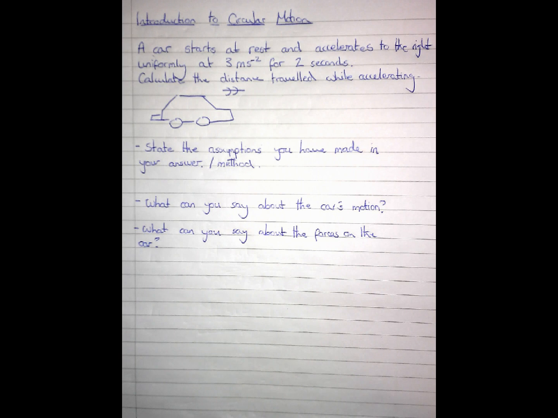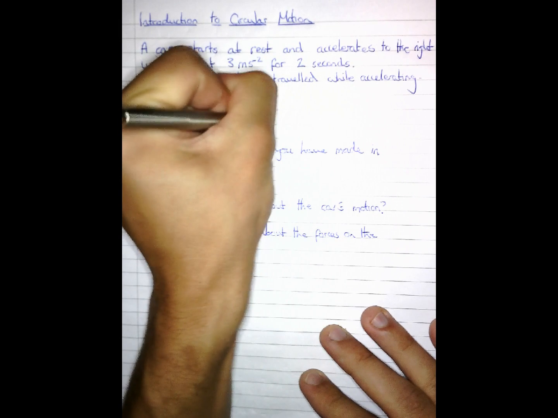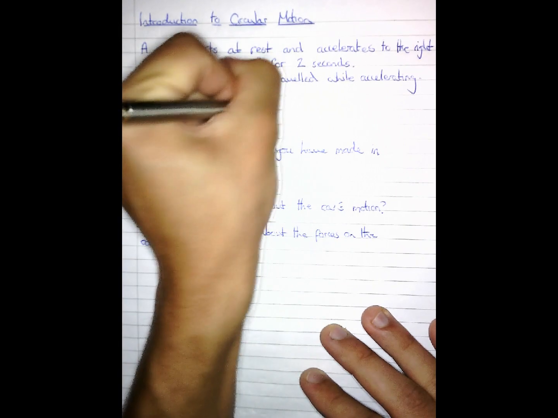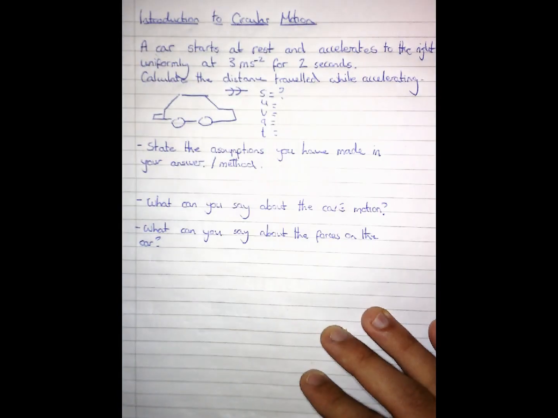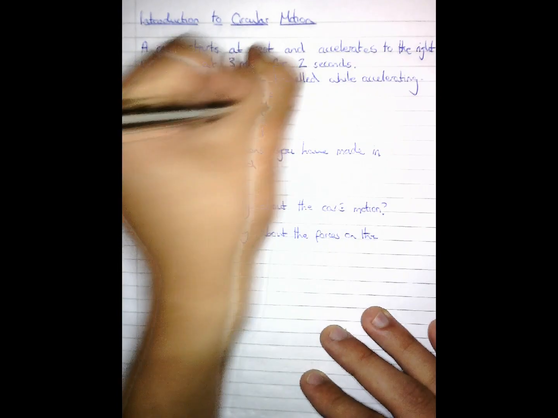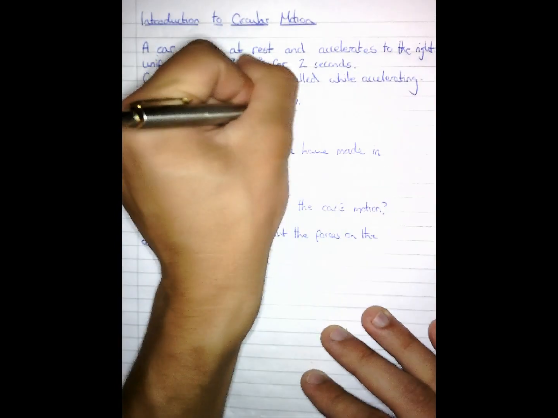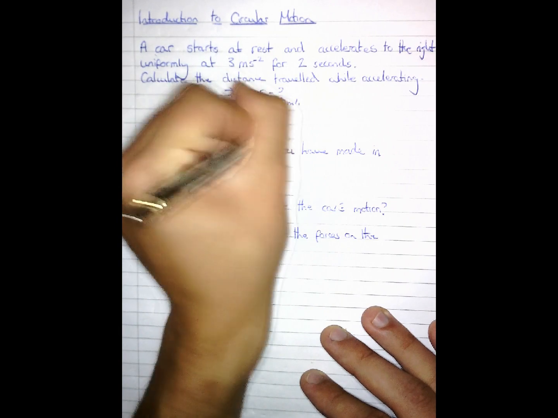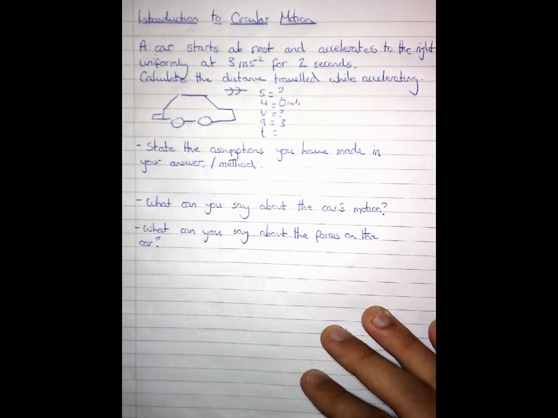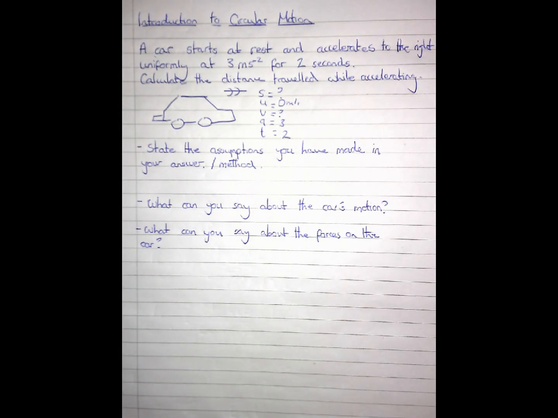Okay, so to start with these sorts of questions, familiar method, SUVAT. We write out our SUVAT and we try and identify each thing. S, we don't know, that's what we're trying to calculate. U is going to be 0 as the car starts from rest. V, we don't know, no information given in the question. We do know that it's accelerating at 3 meters per second squared. And the time is 2 seconds. You then go to your bank of SUVAT